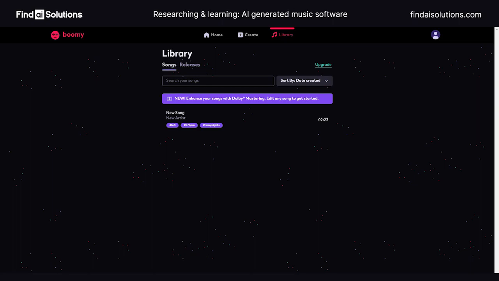I'm not sure. I haven't yet reviewed a music generating software that goes even lower than that. But this seems like it's not yet reached the point where it's ready for release. It still very much feels like a beta tool. There are a few things that feel interesting, but it's not as intuitive as it probably could be.